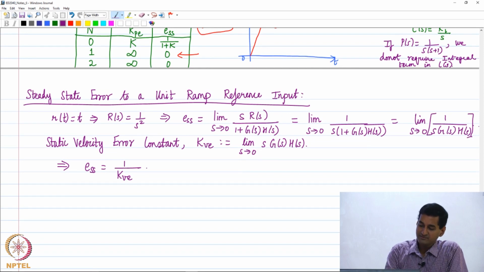Then we do a similar analysis now for n equals 0, n equals 1, n equals 2 and higher. So what do you think would happen now when n equals 0, 1 and 2? What happens to K_v?